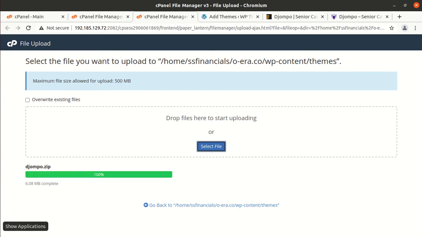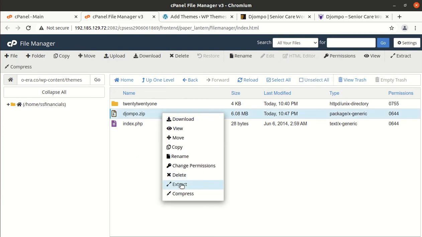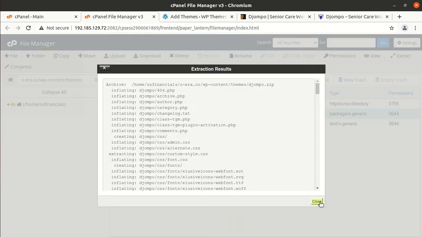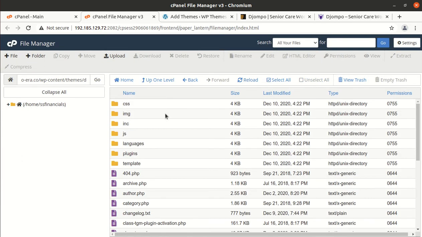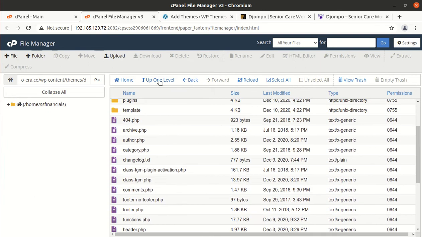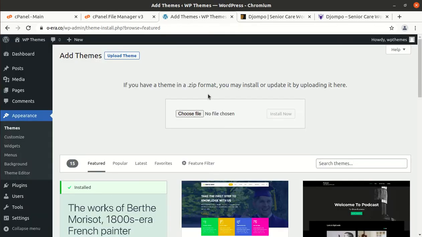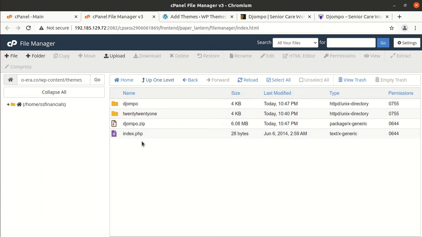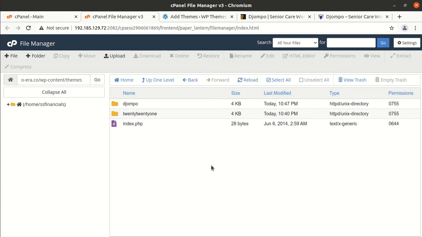And once the progress bar turns green with 100%, we can go back and extract the uploaded file, and the extraction outcome is this Zompo folder in which we got all the theme components. So remember, both ways of uploading the theme are the same. Either you can upload through this WordPress interface or you can directly upload on the server. So you have to choose only one, don't get confused. And now we can delete the zip file, it is not required now, it is just consuming server space.